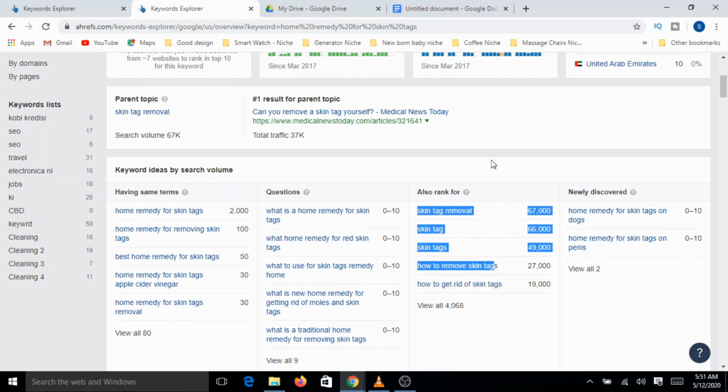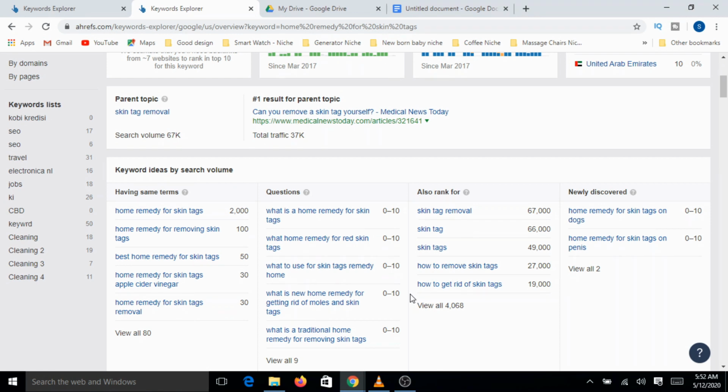If you see here, home remedy for skin tags has 2000 search volume, but if you see here, how to remove skin tags has 27,000. This relates basically. That means whenever you look for this kind of keywords, you need to understand the intention. And there is no science here. There is no rule book that is going to help you exactly match this. This will come with your experience and your common sense.